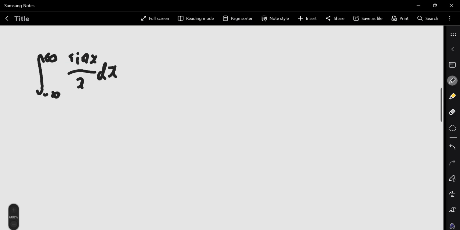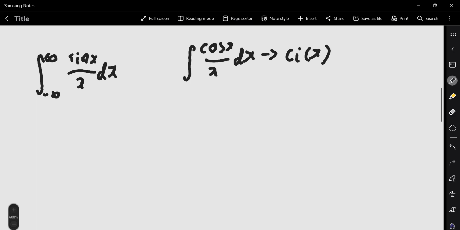dx. Now, before I'd actually come across this approach, I thought that these were impossible. I thought that they used made up functions. So like the integral of cos x over x, I think is referred to as Ci of x or something like that. You may have to fact check me on this, but it's similar to when you do